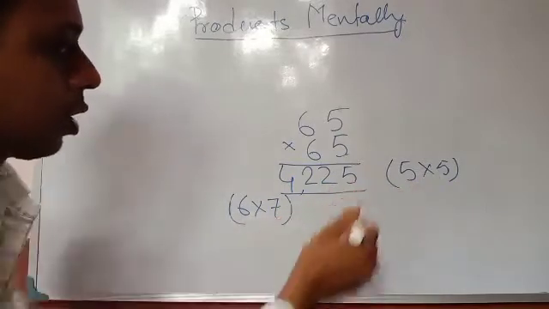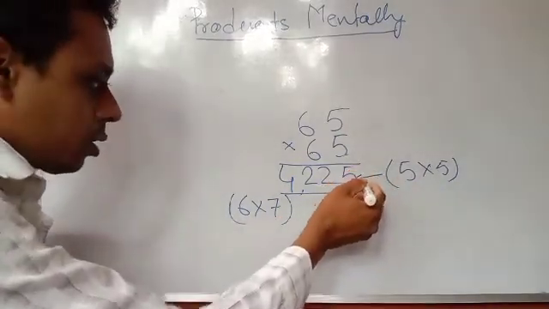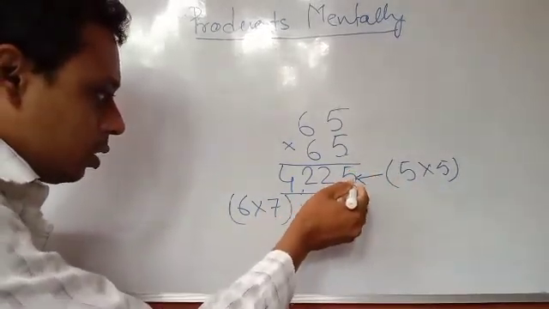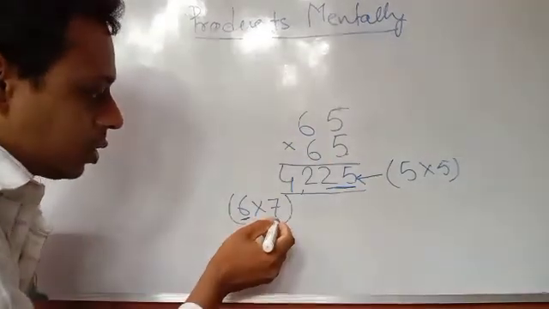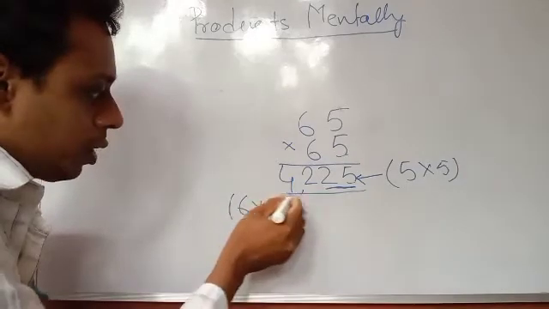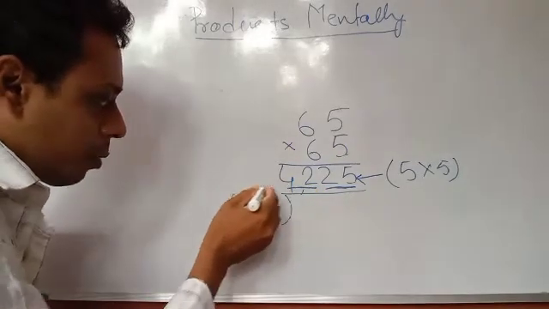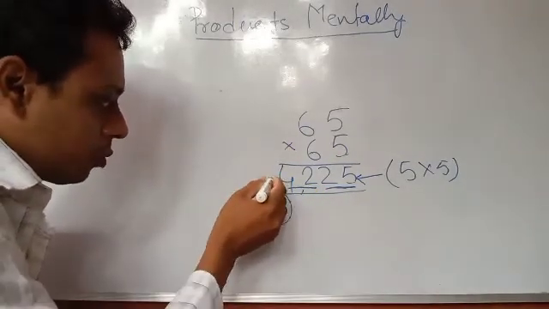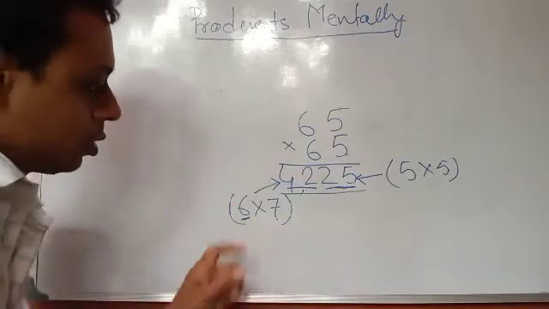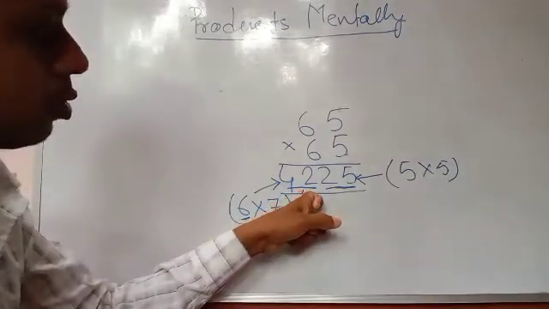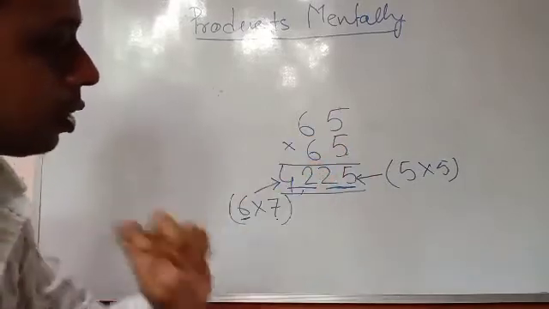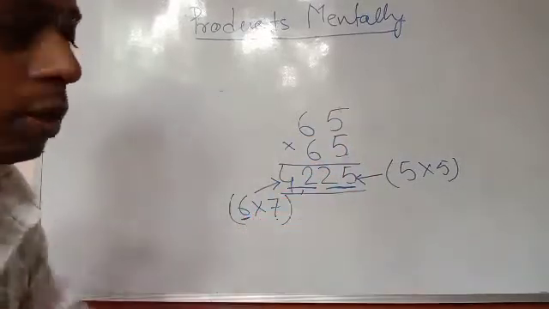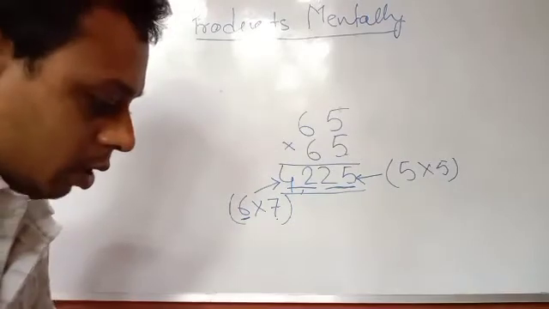First, these two 5 you have to multiply. After multiplication, what you are getting? 25. That 25 you have to write here. Then 6 is there. 6, successor of 6, 7. Now these two you multiply. These two after multiplication you write here. 6 into 7, 42. So 42 you have to write here. 5 into 5, 25. Then 6 into 7, 42. So 4225 will be the answer.